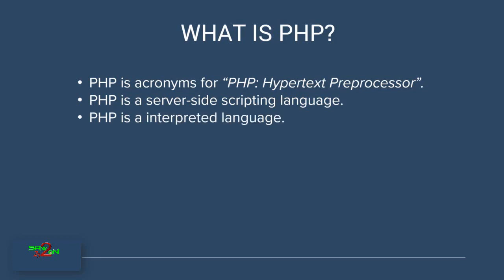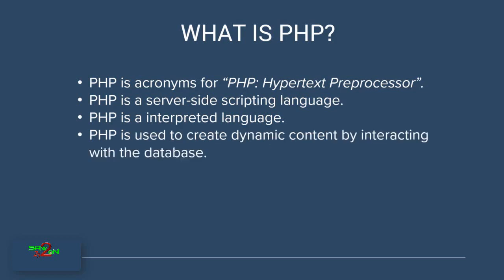PHP is an interpreted language. You have a compiler, you have an interpreter. Before you run the program, you have to compile the program. That's basically the compiler language. An interpreter interprets whenever you access it. It's not compiled in the background and ready to use, but it is interpreted every time. That's basically called from the source side. So when you run a PHP program, the program is interpreted into whatever output PHP is to give at the runtime itself.